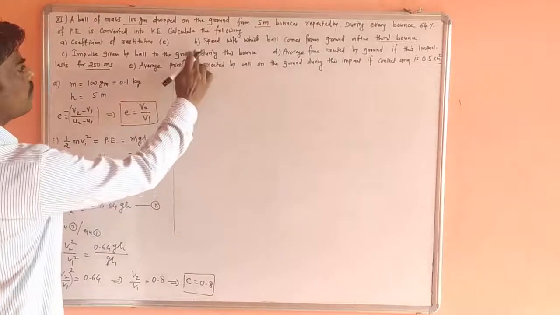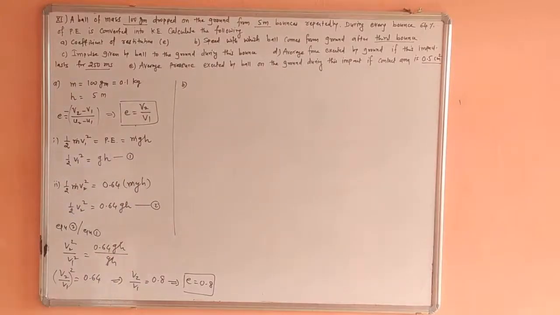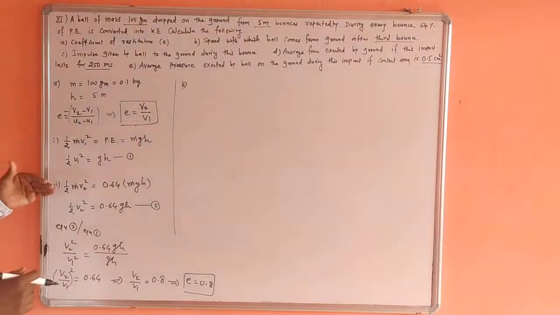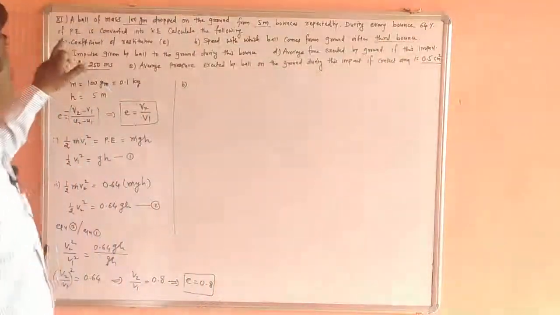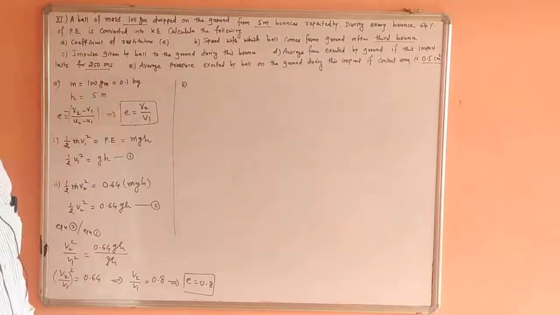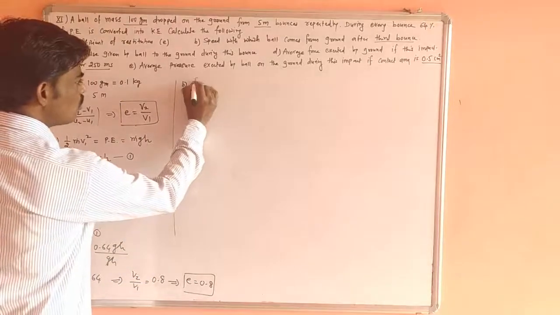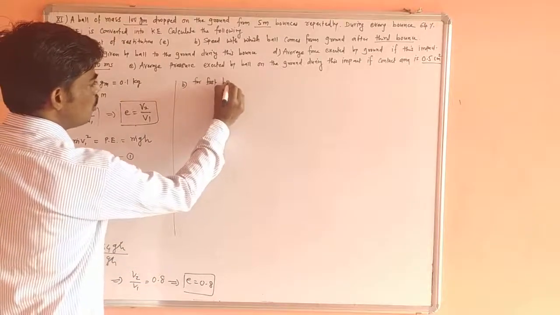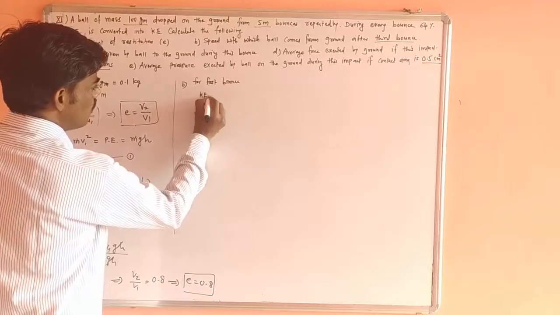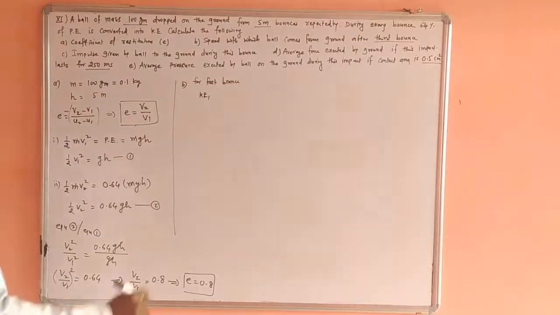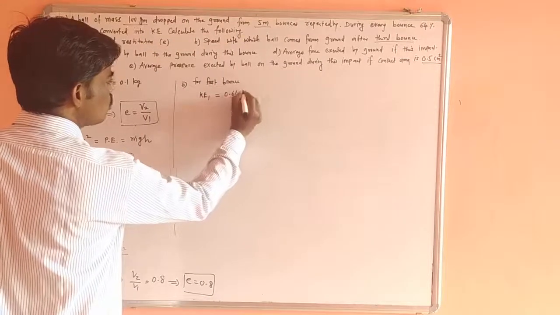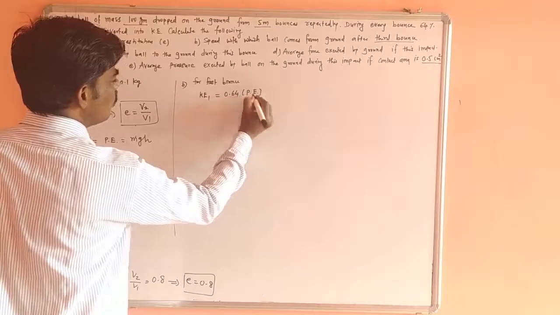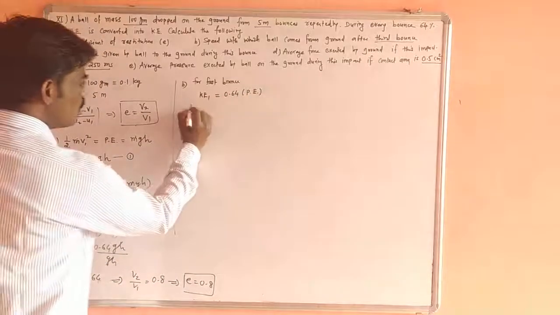Now the second one, B: the speed with which the ball comes from the ground after the third bounce. So remember, whenever a bouncing process happens, each time 64% of potential energy is converted into kinetic energy. So for the first bounce, what can we write? For the first bounce, kinetic energy Ke1 is 64% of potential energy, meaning 0.64 times potential energy. For the second bounce,